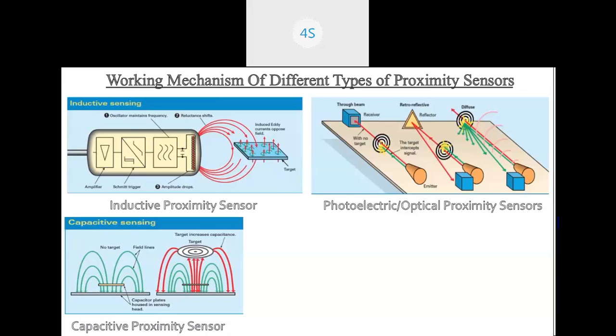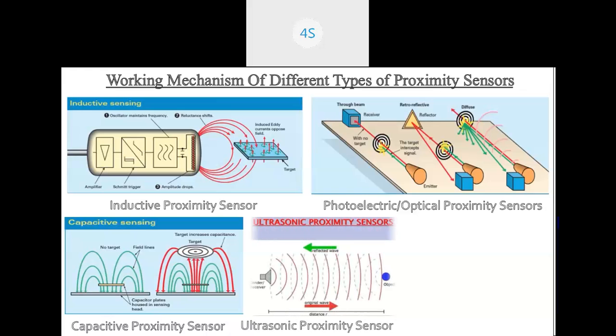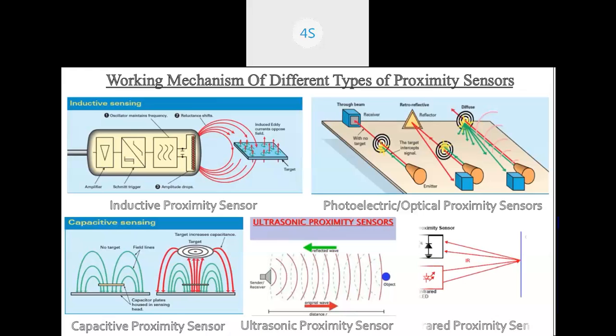For retroreflective, there's a reflector in front of the emitter and the receiver. If a target comes in front of the emitter, then the radiation will not reach the receiver. That's why there is an object to be said. In a diffusion, the emitter will give out the radiations, and if there's an object, then it will scatter it out to the receiver. For ultrasonic proximity sensor, it has the same mechanism as the ultrasonic sensor, and for the infrared proximity sensor,